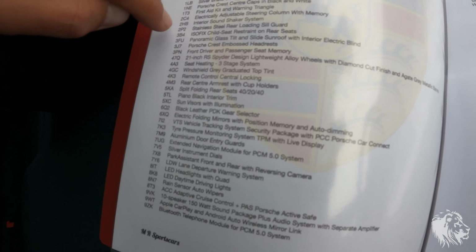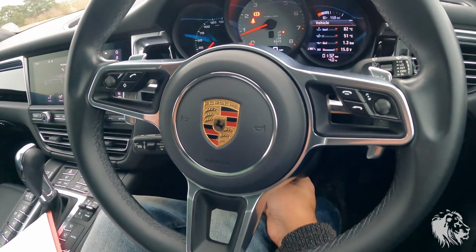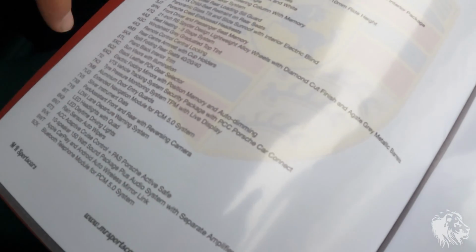So it's the switchable sports exhaust. It has the PASM switchable suspension, silver brake calipers, full memory on the steering column as well as the seats. So the steering column is fully electric with a little switch here. So it goes in and out, up and down. The Isofix, as I said, panoramic sunroof, Porsche crest embossed headrests, front driver and passenger seat memory, the RS Spyder design lightweight alloy wheels, and it also has